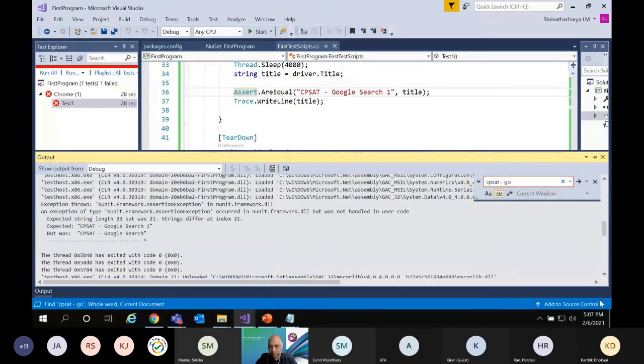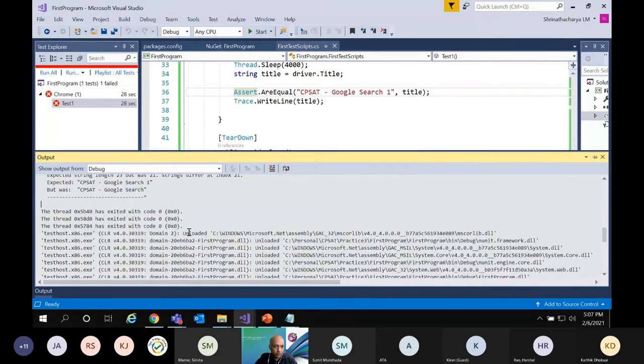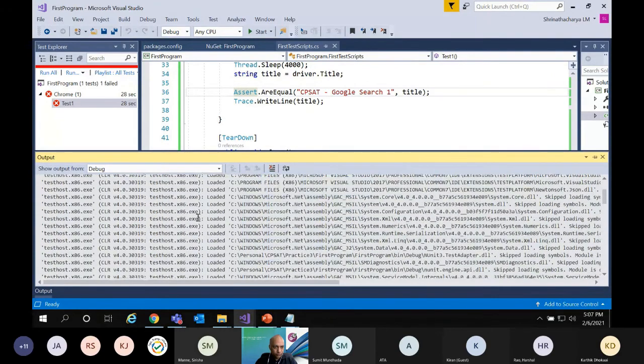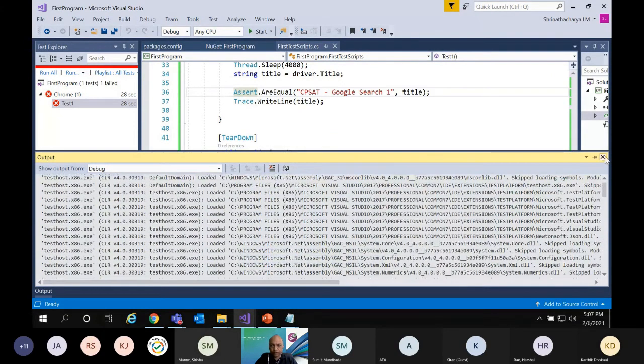Basically it displays here, not sure why it is not. So you will have the value in the output window. I'm not sure why it is not displaying. I will figure it out.